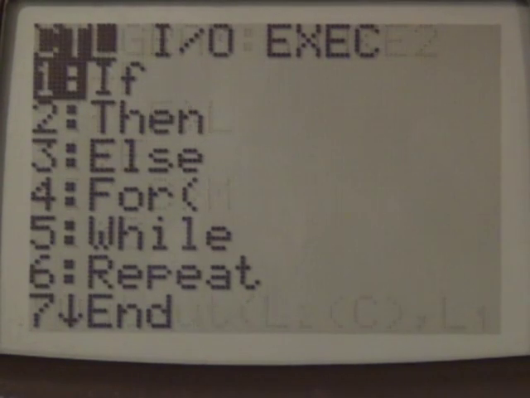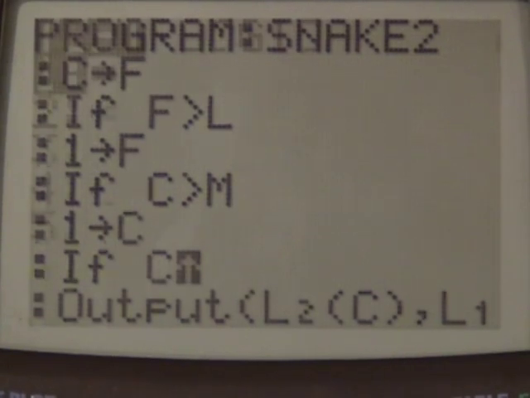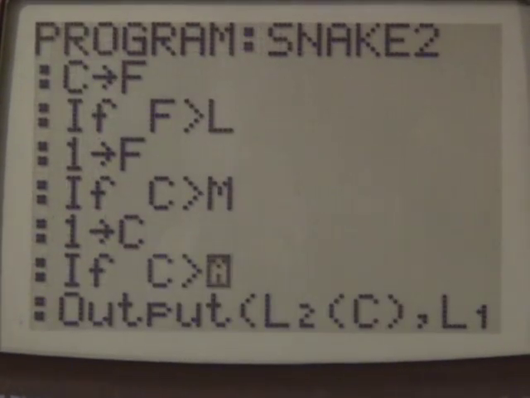So basically we can say if C is greater than L,